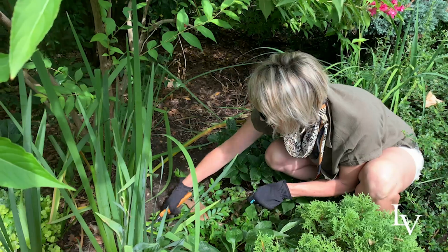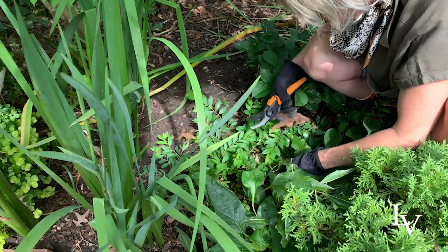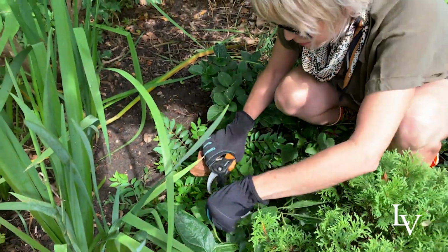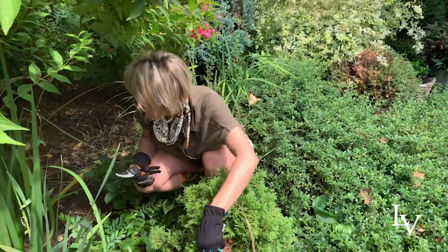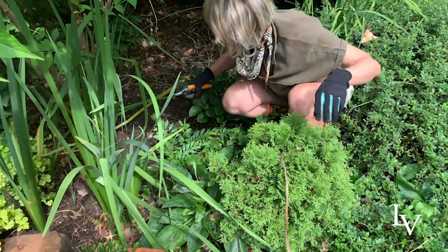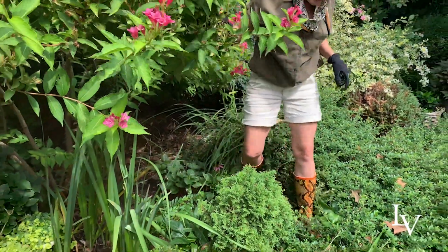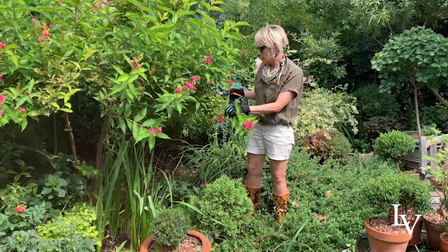Here's a little garden anthropology, you guys. Here is an old crepe myrtle that I thought was gone. And it's still back here. Maybe if I get a little more light to it, it will do something. If it doesn't, I'll just move it. So, now in here, I've got enough room kind of to work with. So I'm going to start out because I want the form of this Weigela,